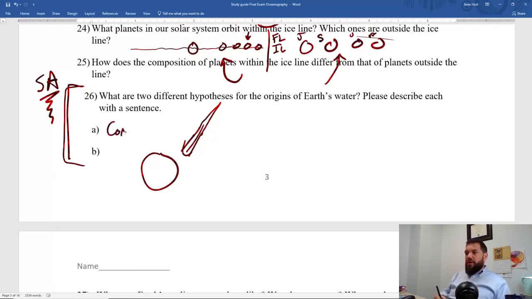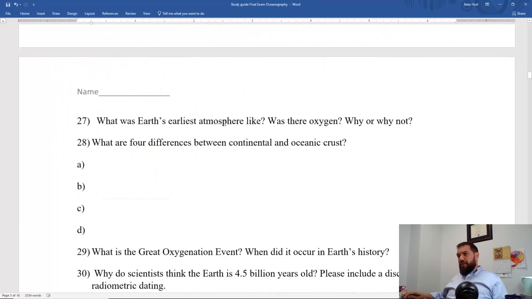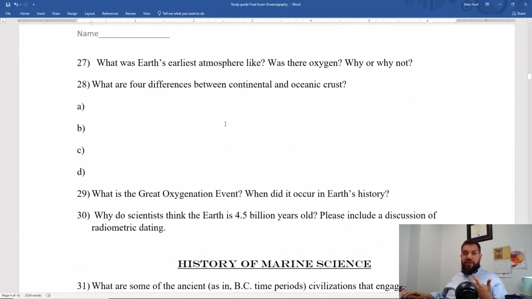So one is from comets. Two is that there was volcanic outgassing. Volcanic outgassing means that there was a lot of water contained in the minerals that accreted together to become Earth, and it has slowly outgassed from the mantle over time. Indeed, we think that probably only 50% of the water of Earth has been released from inside the Earth. There's actually quite a bit of water still trapped down there, we think.